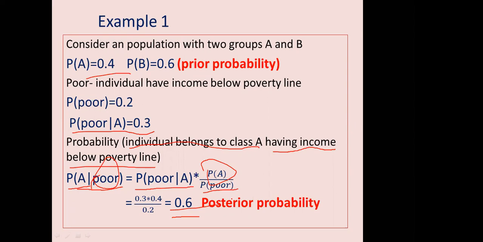Okay, just a minute. So see here, probability of A is 0.4, probability of A given poor is 0.6. Let us forget about these numbers. But what it tells is that if you have more and more information to take the decision, then your decision will be much better. And when you do not use any information, you may have misleading information.